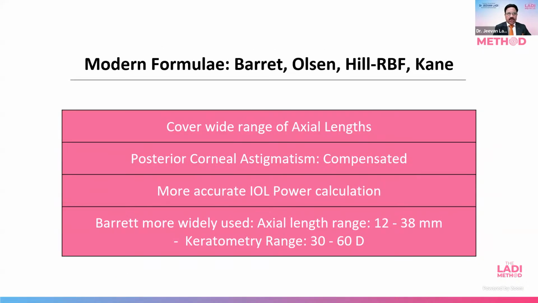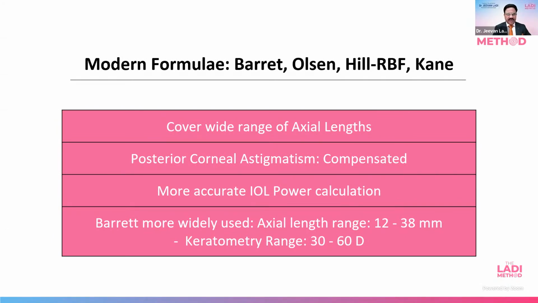Now, why is it so? The reason being that all these four formulae cover a wide range of axial lengths. Posterior corneal astigmatism by default is compensated in the software. It gives a more accurate IOL power. So going for any premium IOLs, multifocal IOLs, your readings are going to be more accurate and patients are going